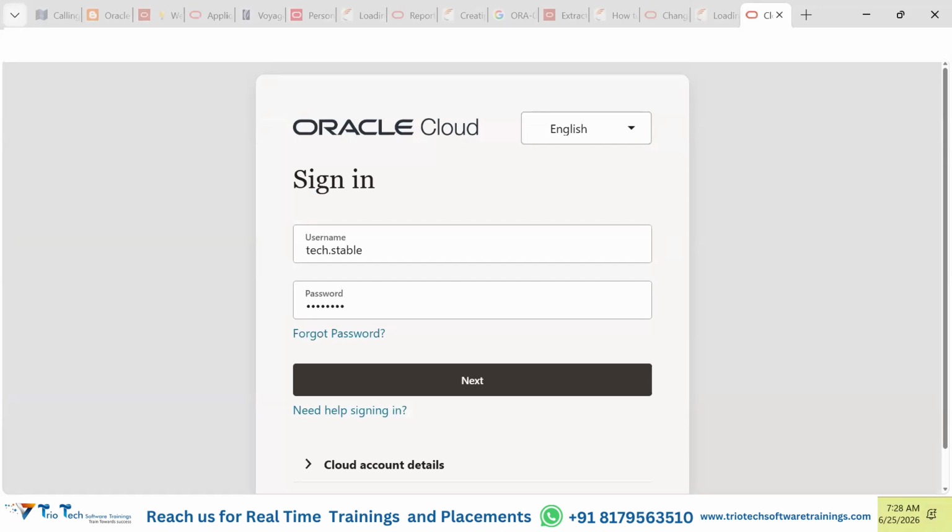So cloud-based application, guys, what are the real-time, day-to-day examples of a cloud-based application? Netflix, Gmail, Facebook, all these are cloud-based applications only, right? You can directly go to the laptop, open any client browser, put in the URL, put in the username and password, and you will be logging into your account, right?